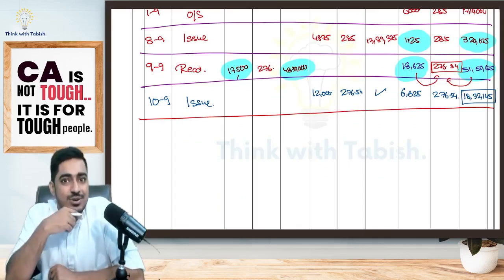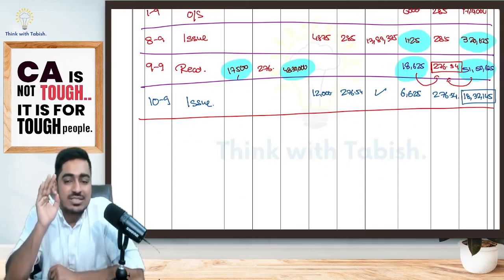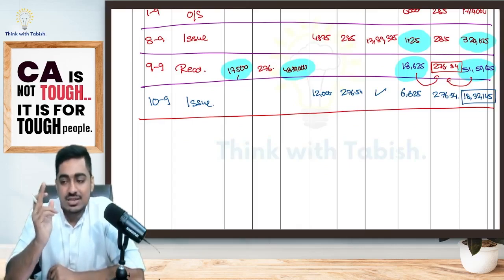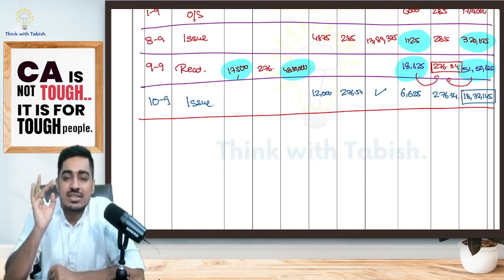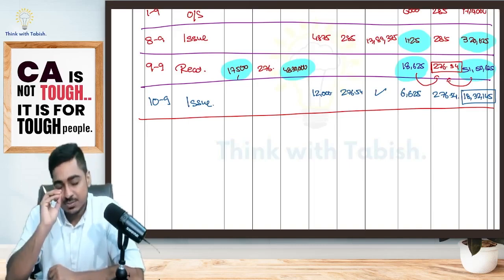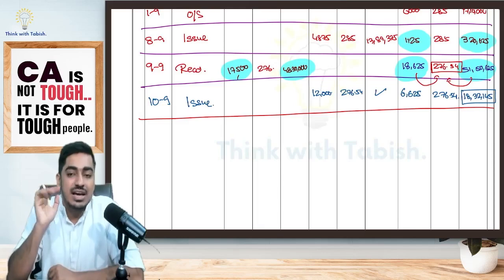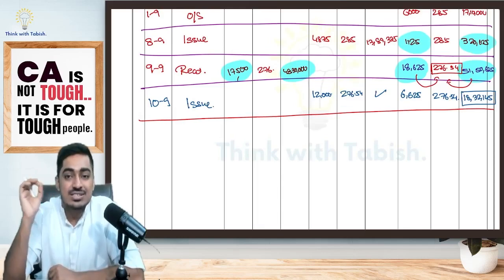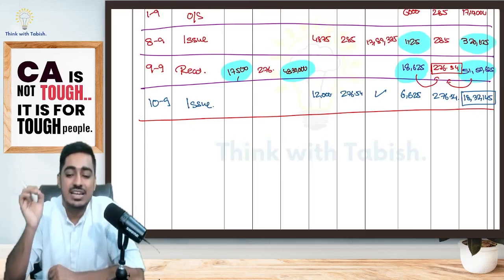Now, one very important thing to all the recorded students: if you are asking me a doubt, it becomes your responsibility. You send a photo of the question, a photo of the answer, highlight which area you are having a doubt in, and a small audio message telling what your doubt is. Daily 100 plus messages will be there. I will respond to each of them, but you have to do this. Otherwise, I will not understand what your doubt is. And sir, don't tell me your answer is wrong. Send me a photo and tell me exactly where.